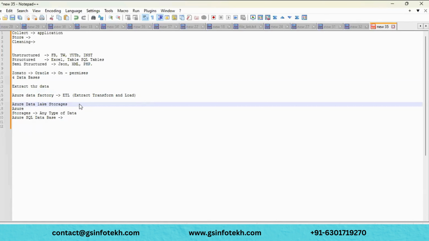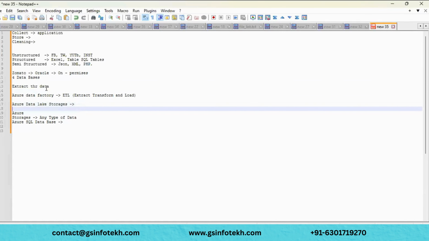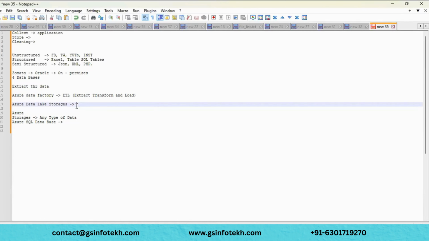In this storage account I have placed my data. And whatever data we have extracted and placed, it is raw data. And now you no need to go and connect to the Oracle database.